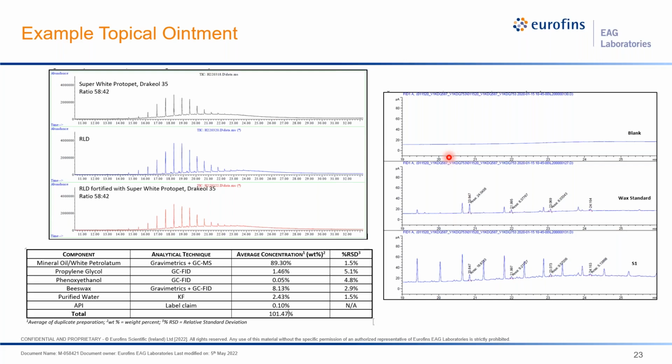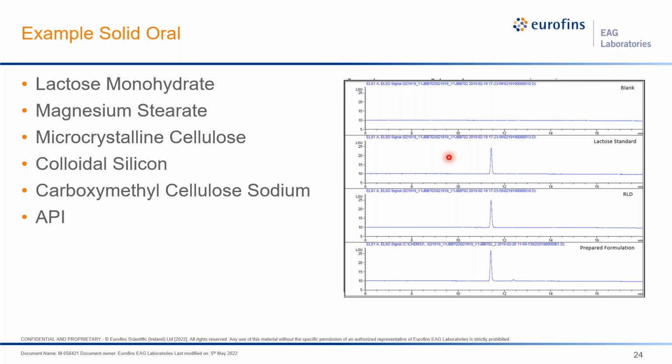So that's kind of the overall process of how we handle a really difficult project like these mineral oil petrolatum, even beeswax added in, white wax, paraffin wax, things like that. How do we handle those? This is a really good representation of how we have a ton of experience doing this. And quite frankly, you're not going to find anybody better to do this type of testing with the methodologies we've developed. So let's go into the next